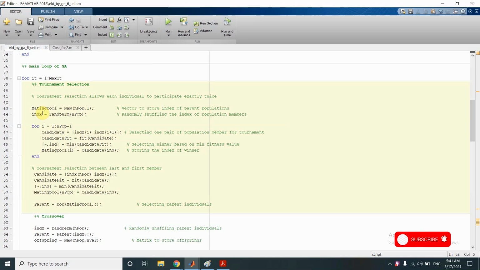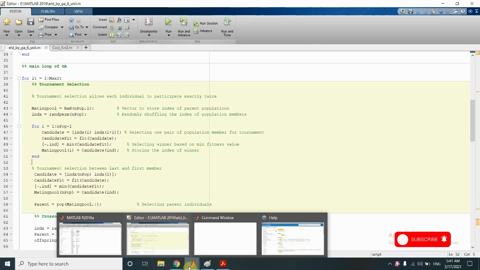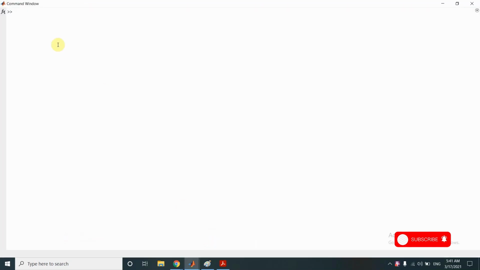What I mean by that is I am using this randperm function to randomly shuffle the individuals. First, let us see what this function does. Let's suppose that I have numbers from 1 to 10. I want to randomly shuffle them, so I can write randperm 10.